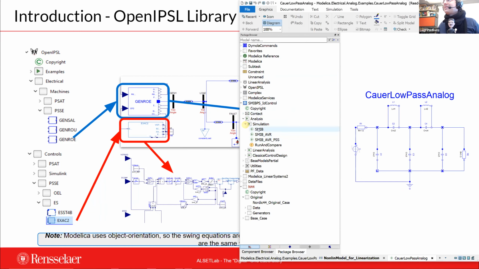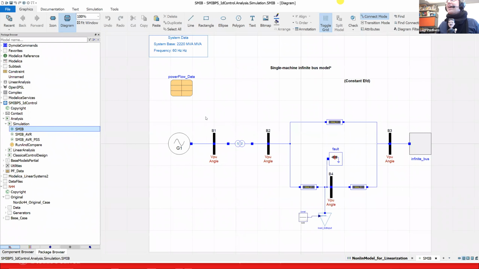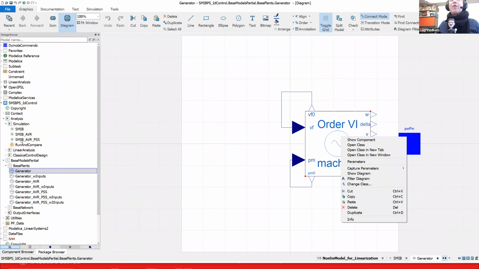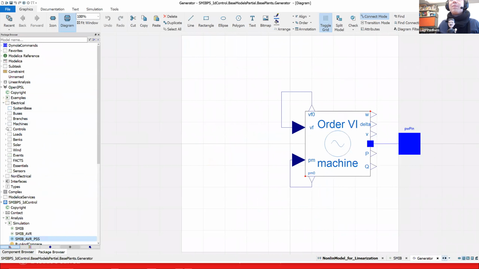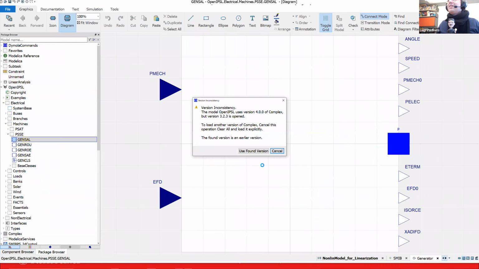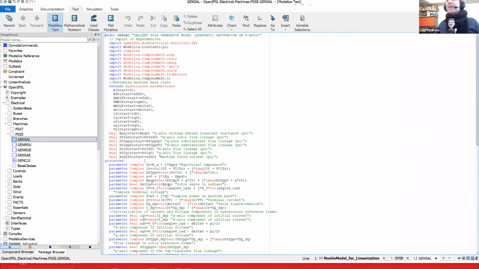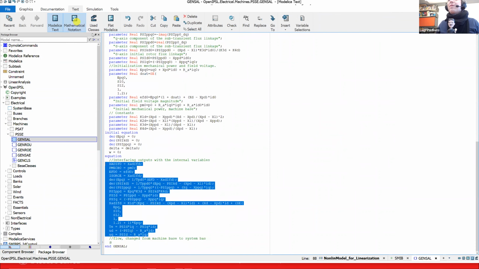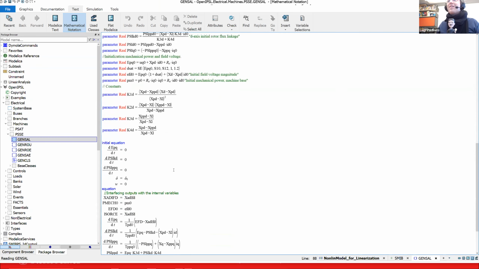So here is a single machine infinite bus that we use for teaching. But if you see this little guy, right, if we look inside of it, it has a machine of order 4. Let me instead show you the PSSE machines, which is what most people are interested in anyway. So anyway, you can see here GENSAL. All right, and we see in the text layer, this is just the parameters and so on. But here you have the equations. And if you look at the mathematical notation, it will convert it for me. And these are the equations like we have in the textbook.